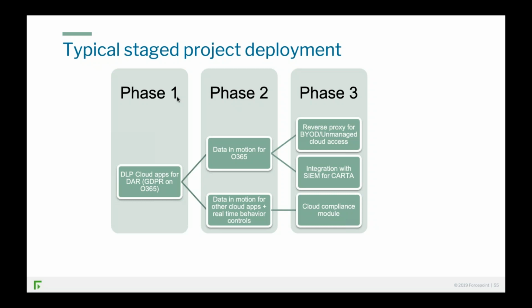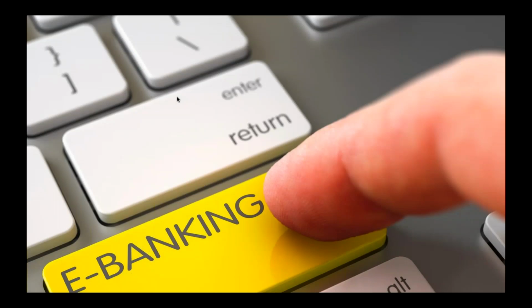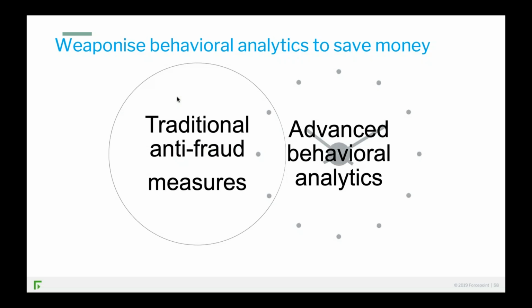I wanted to talk about two more very quick things. There's one edge case around our CASB, which is protection against fraud for online systems. Because I mentioned that we're very strong around user behavior analytics, one of our customers here in the UK, who've been a customer of our product for 5 years, asked why don't we apply the same user behavior analytics in a reverse proxy configuration to their banking customers? We've got 1 million banking customers. How can we reduce fraud by spotting whether people are trying to access the same account from multiple different locations, impossible travel locations, that sort of thing? Well, we did, and what could go wrong putting 1 million customers through our CASB?